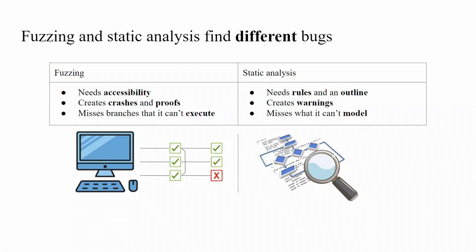Fuzzing might never actually reach the problem or the crash, while static analysis is going to give you so much output or so many warnings. It can be hard to filter out what you want to look for. So,